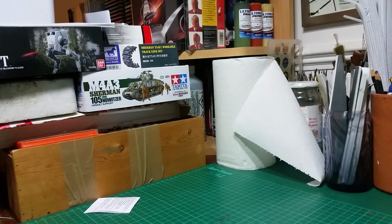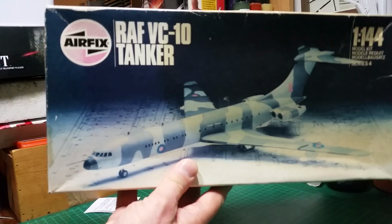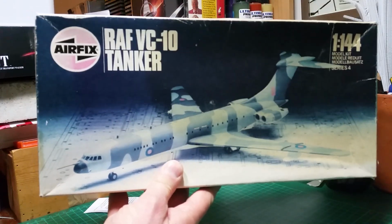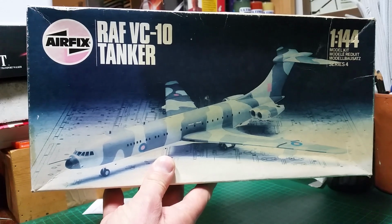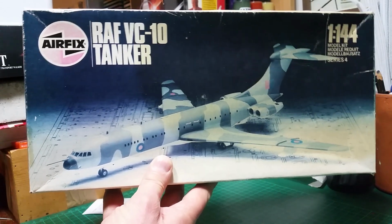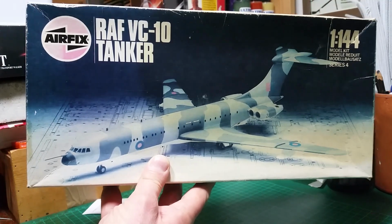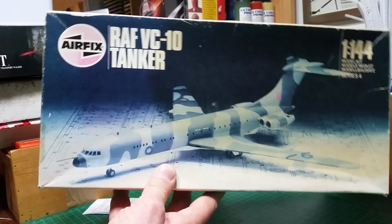Okay. And an old one I've got in. This is one I saw on eBay, dirt cheap, and I snapped it up dirt cheap. Was Airfix's rendition of the RAF VC-10 tanker. I love this aircraft with a vengeance. I actually looked over one of these of the aircraft that was actually on show at, I think it was, Wings and Wheels at Dunsfold last year, because they've actually got one that's still ground running, and I had to snap this one up. And not only that,